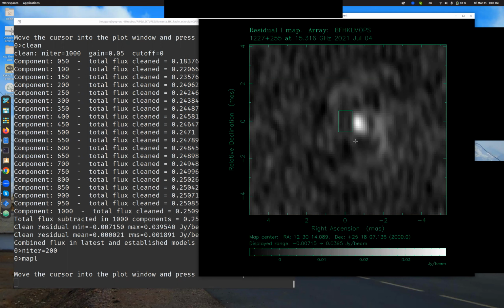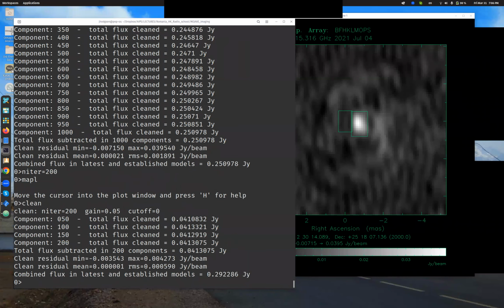So now I'm like, okay, but now the bright spot here is over here. And because it's so bright, hopefully it's not noise. We just put another box here like this. So I believe that. You right click, go clean again. And this time I might say self-cal. So look at the data,